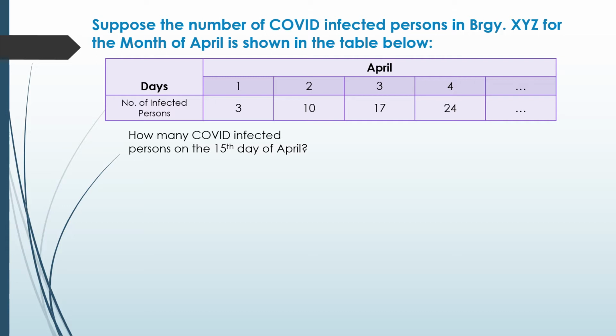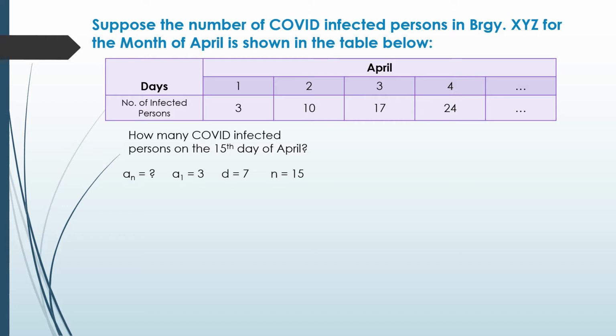So first, we are going to gather information. Our a sub n, or the 15th day of April, is unknown. The first term, we do have 3. The common difference, we have 7. That is 10 minus 3, which is 7. And lastly, since we are going to look for the 15th day of April, our